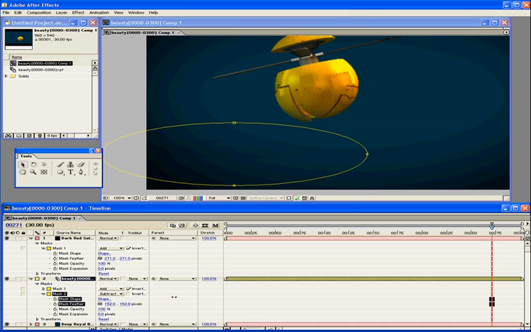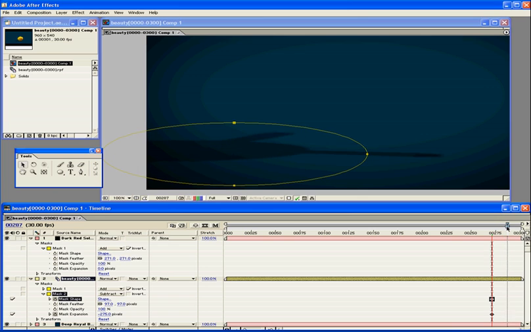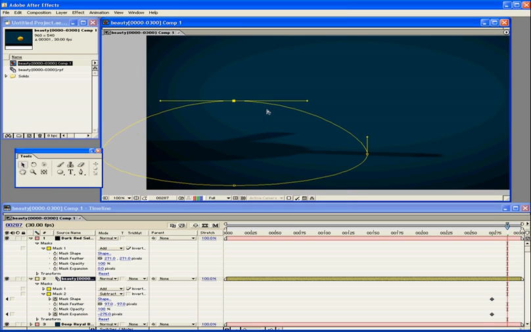First of all, we're going to feather that mask by about 100 pixels, and then we're going to give it a negative expansion, enough so that it's not being obscured at all at this frame, and then we'll animate the expansion over time and also the shape. So we'll move a bit forward when it's getting really big. We will increase the shape,